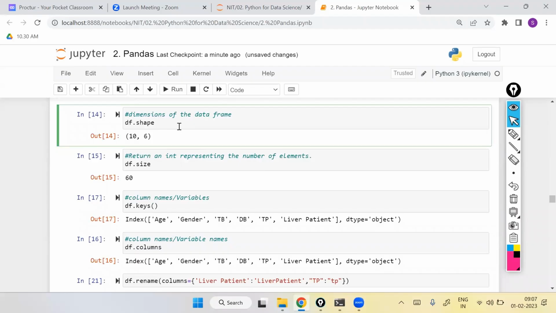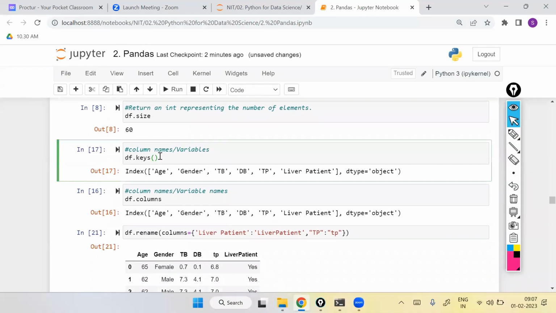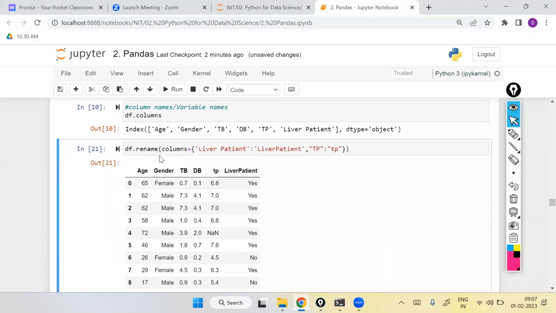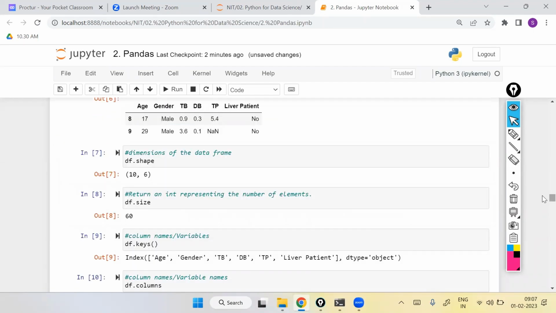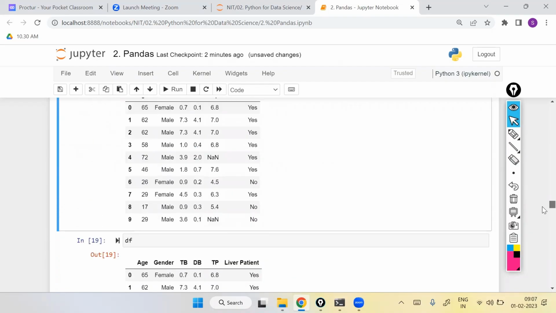df.shape gives you the number of records and number of columns. Size gives you the number of values. And df.keys or df.columns, either of these two, gives you all the column names you are having. Next,